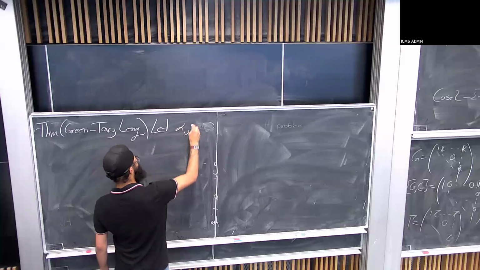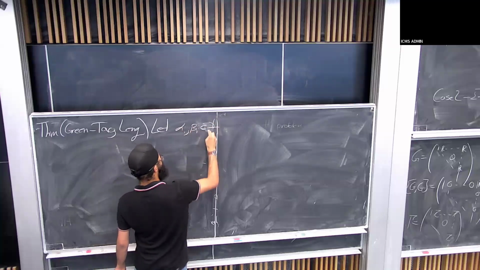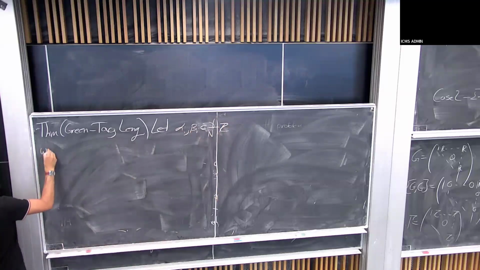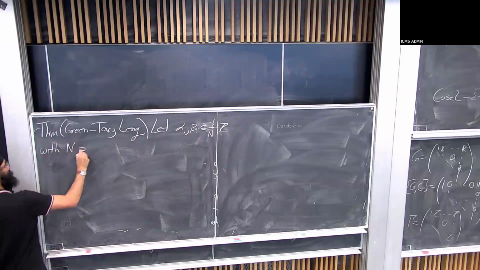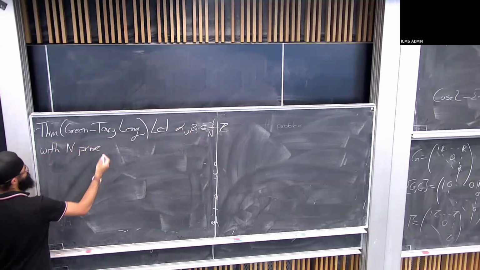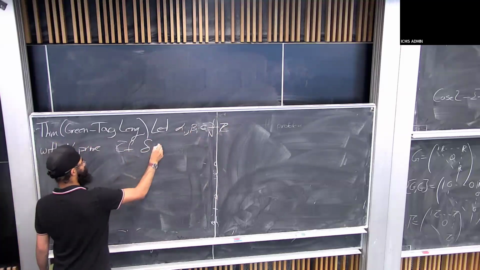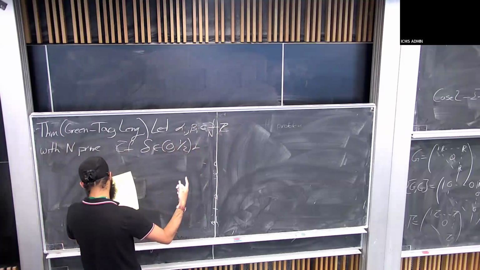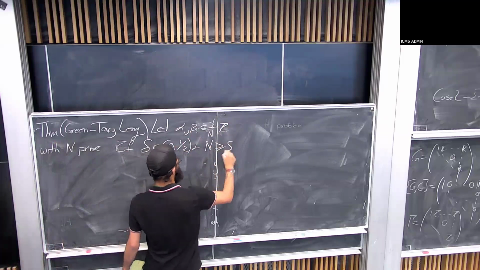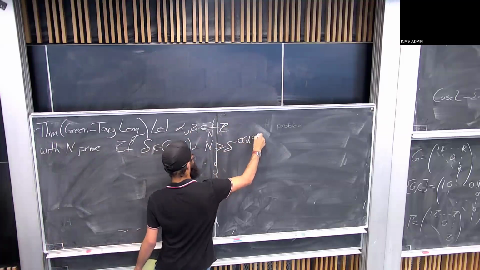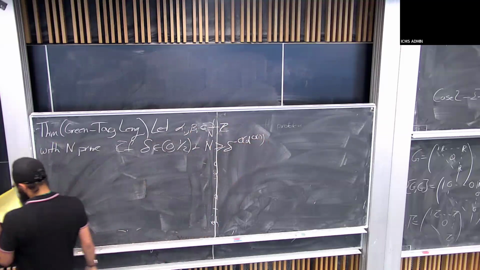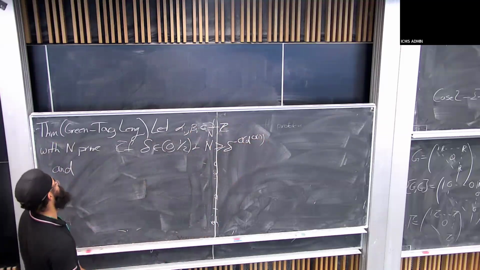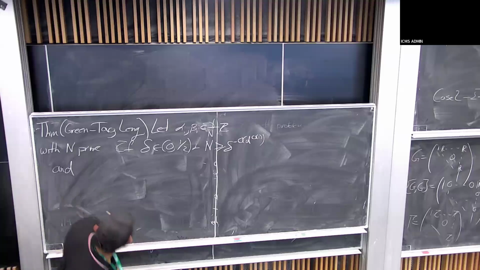Let alpha_i and beta_i be in 1 over N times Z, with N prime. If delta is between 0 and 0.5, and N is bigger than this single exponential dimension quantity, and we have that this